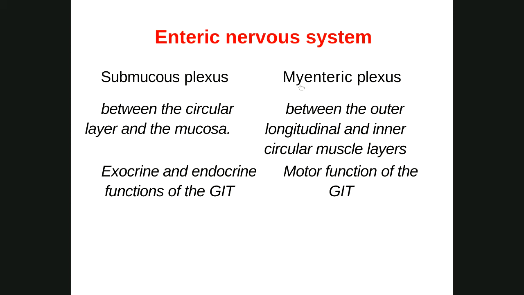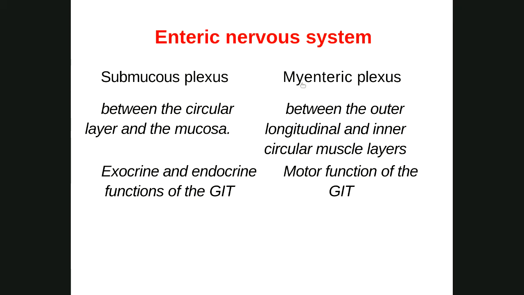So it is between the two layers of the smooth muscle, the inner circular and the outer longitudinal. And the function is motor. It controls peristalsis. It controls segmentation. The movements or the control of movements in the GI tract is mainly by the myenteric plexus, which is between